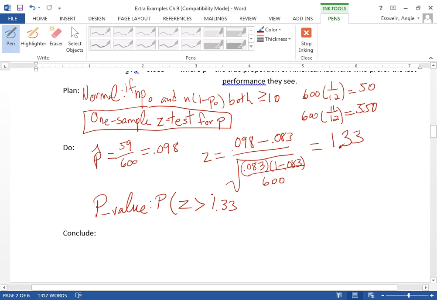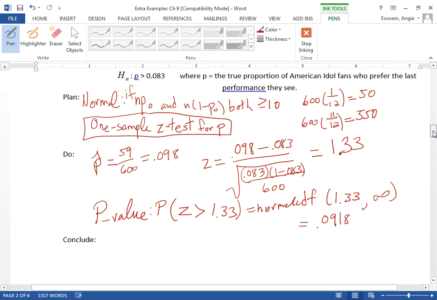What's the probability it's 1.33 or more? That's the same as normal CDF from 1.33 to a big number, infinity. What's the mean and standard deviation here? When I'm using z-scores, what's the default? 0 for the mean, 1 for the standard deviation. So that gives us the p-value of 0.0918. Remember, we want a small p-value less than alpha so we can reject